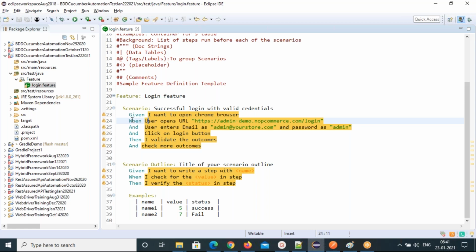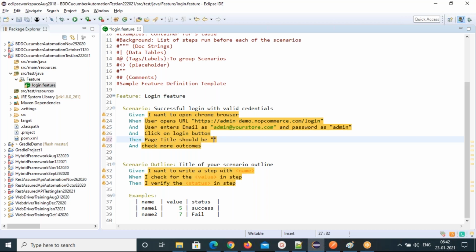Then, once you click on login button, what will happen? Then you have to check the page title. Page title should be, what is the page title? If you go to the next page after login, what is the page title?